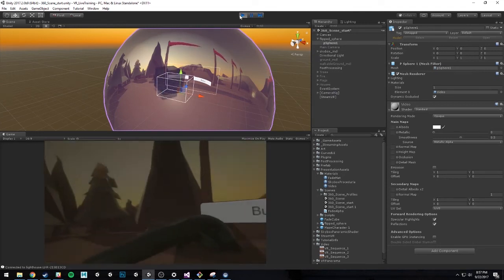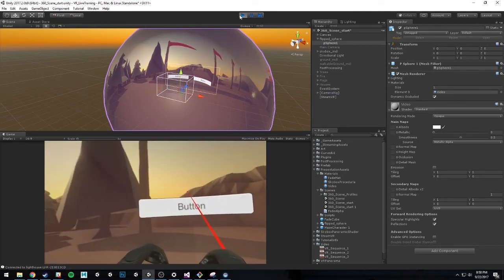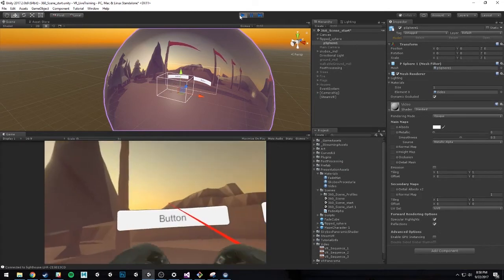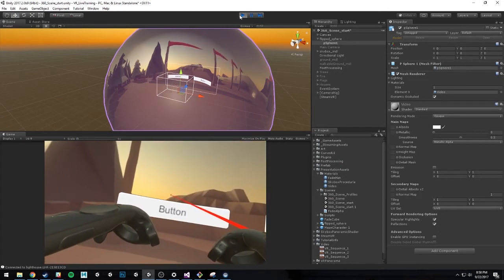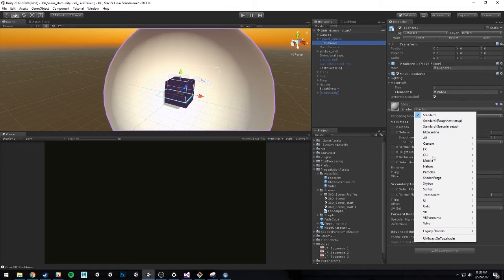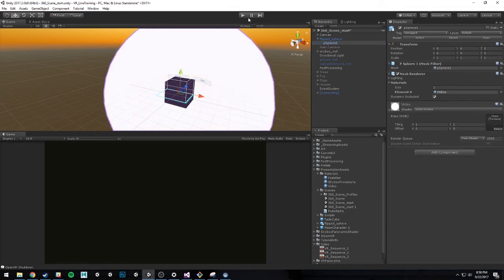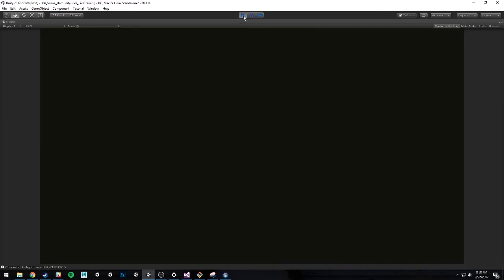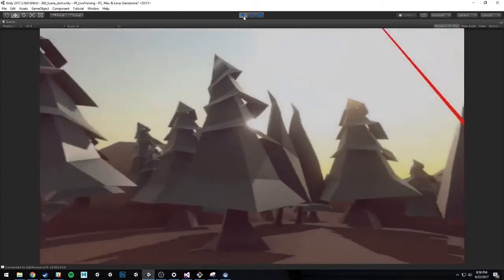And you can see that right there down at the bottom, and you will notice that there's actually some lighting going on in the scene. So for this, I'm going to unplay it, and I'm going to go to the video sphere here and change its material. Instead of just using the standard shader, I'm going to go down here and select the unlit texture. And for this next sequence, I'm going to maximize it on play so you can really get the full effect. And now I'll enter VR here, and once this black cube fades out,